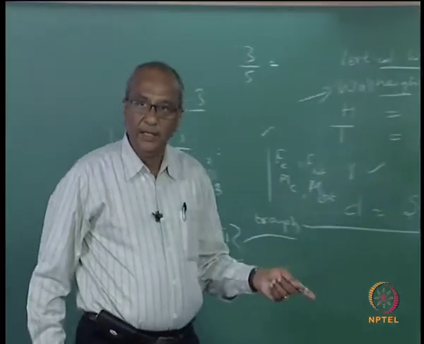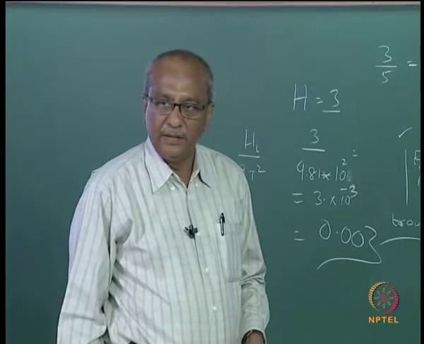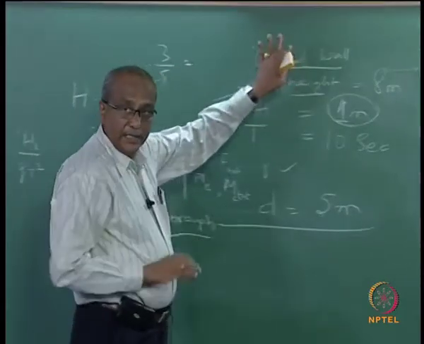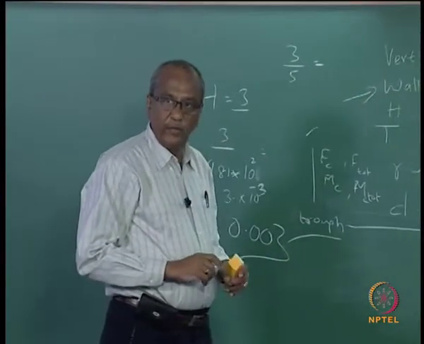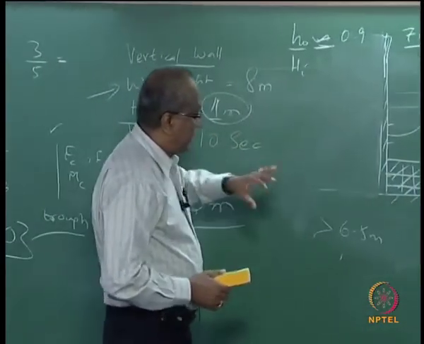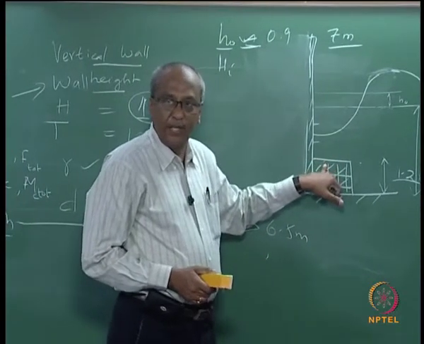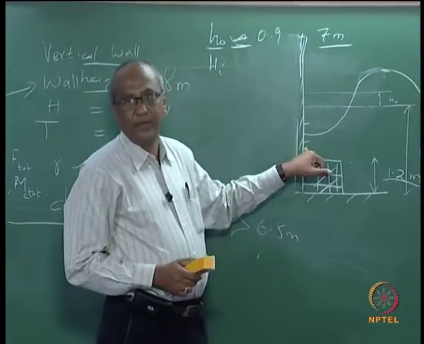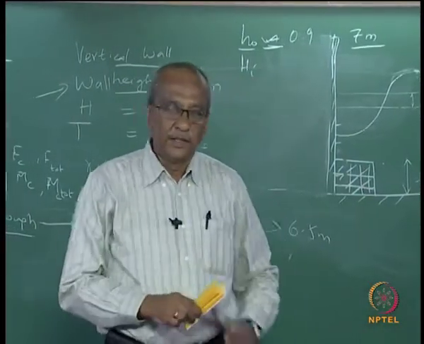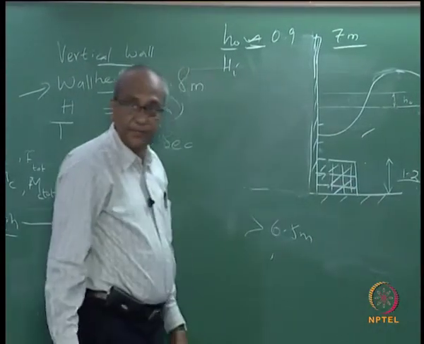When you work out with the numerical values, then you will understand better. So now you have only 1 meter, let us stop that, and then we proceed. So what does that say? That says even if you have a base like this protection, still the 3 meters wave height would act on the wall. Am I right? So now this is one situation.